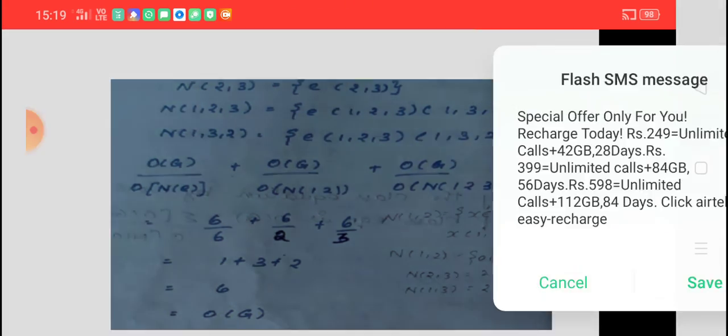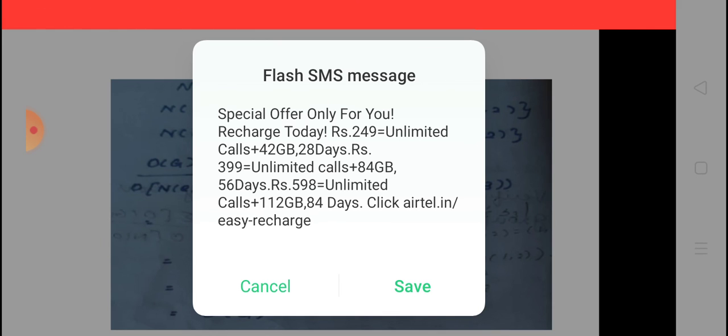But the normalizer of the identity permutation consists of 6 elements, because S3 has 6 elements. So therefore again we have verified the class equation. The class equation is nothing but the number of elements of the group G is equal to order of G divided by order of N of the identity permutation E, plus order of G divided by order of N of (1 2), that is nothing but 2, and order of G divided by order of N of (1 2 3), which is 3.